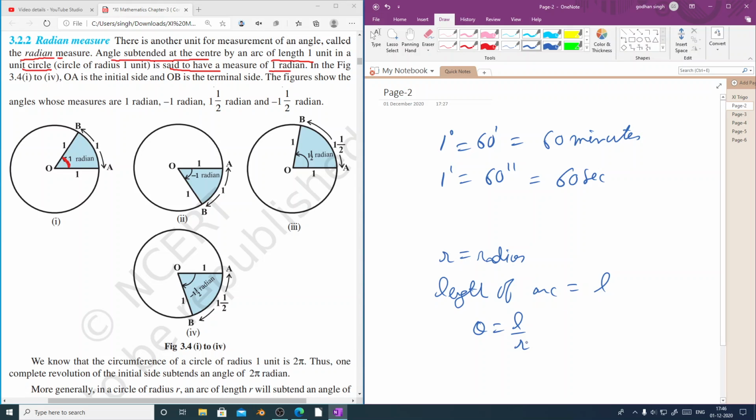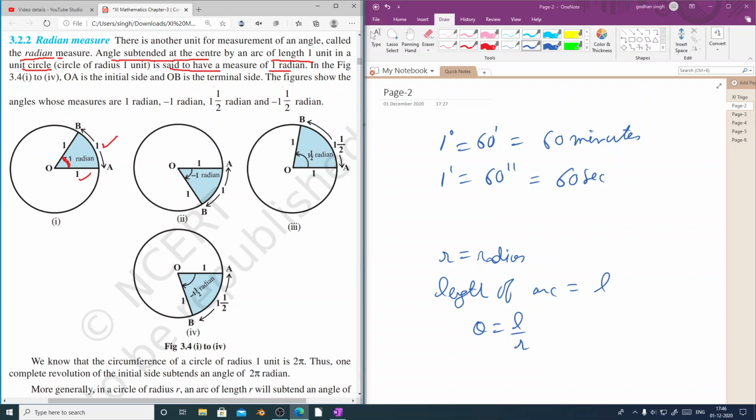You can see that in this case L is 1 and R is also 1, that means L and R are equal, and in that case we get the angle as 1 radian. Here the length of the arc is 1, the radius of the circle is also 1, so in this case we say 1 radian. That should be true for all, because we know that if we increase the length of the arms,